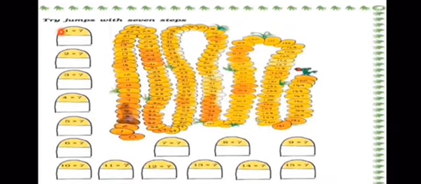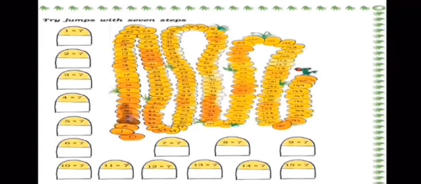Now try the jumps with 7 steps. So now we practiced the table of 3, then the table of 4, and now we are jumping directly to the table of 7. So over here also, if you know the table of 7 very well, you can do the calculation very easily. But if you don't know your tables very well, and from 7 by mistake, instead of jumping 7 steps, you jump 8 steps or 6 steps, your entire calculation will go wrong. So you should know your tables thoroughly.